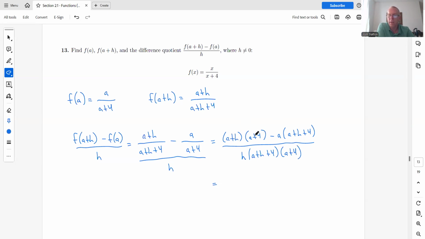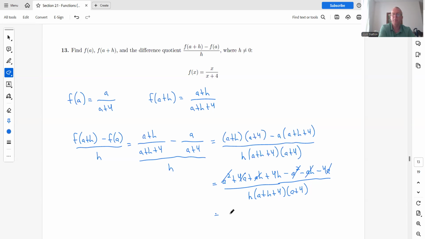And so now we FOIL this one out. So we get a squared plus 4a plus ah plus 4h. Distribute the negative a, so minus a squared minus ah minus 4a all over h times a plus h plus 4 times a plus 4. And let's see what cancels. So the a squareds cancel and the 4a cancels. Actually, the ah cancels. And so we have